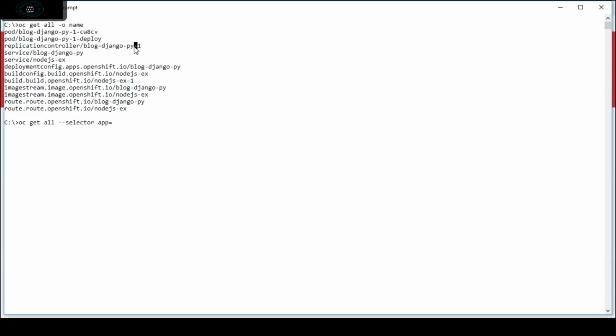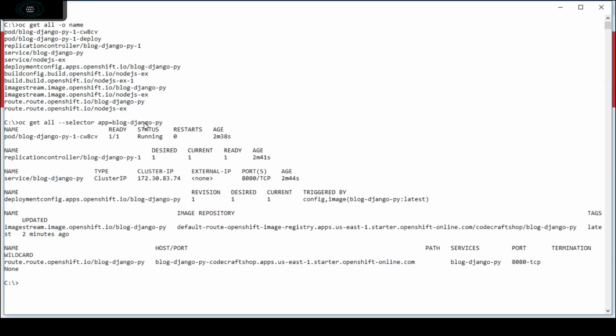This was the name of the application, so I will select only that application, and now I will delete all the resources associated with this label.